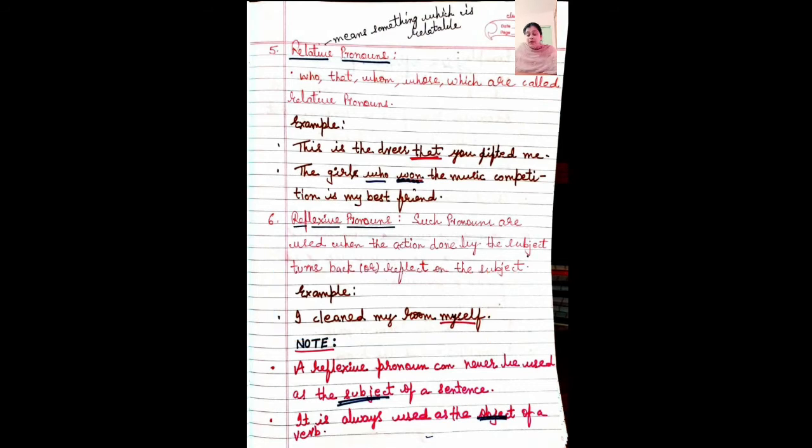I cleaned my room myself. Okay, I went to the shop and took the items myself. I myself did this. मतलब हम ये भी बोल सकते हैं I did this, but यहाँ पे add कर रहे हैं, stress कर I myself, she herself has done her work. मतलब वो खुद ही अपना work की है, nobody helped her. This is called reflexive pronoun.